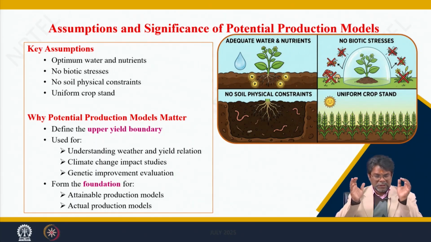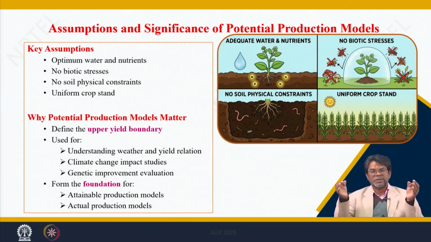So, we can use these potential production models for different locations, as I discussed. We can have a huge number of data sets, and there we can optimize the weather requirement for a crop at different growth stages. How will that help us? Once you optimize the weather requirement, based upon the weather forecasting, we can find the optimum planting or sowing window, so that the crop does not suffer any type of abiotic stress, particularly stress from the other parameters.